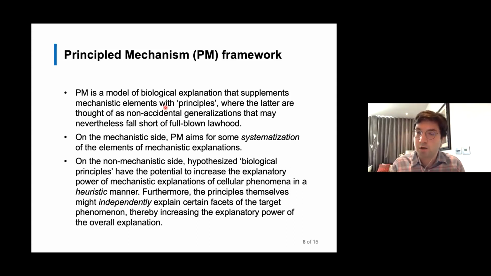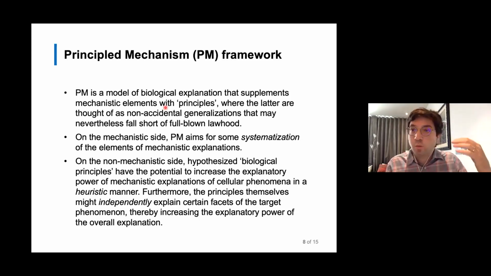We could call them biological principles. They are operative at the level of individual cells. And they're not laws yet. They could become laws, but at the moment they are based on regularities, on patterns that someone might think, a biologist, a philosopher of a biologist might think, underwrite or govern various aspects of the operation of a cell.